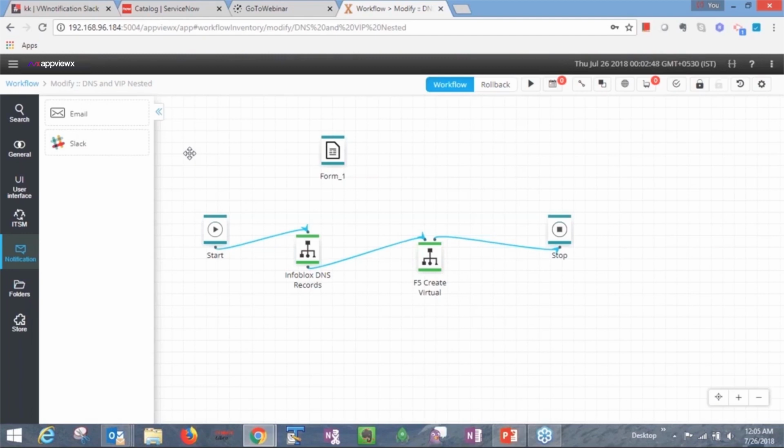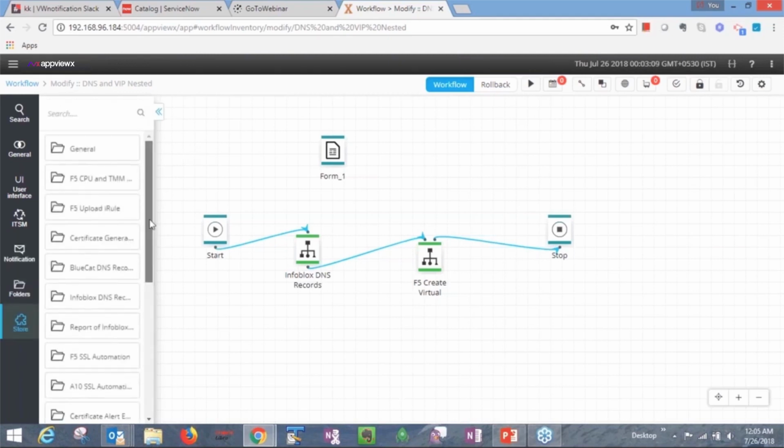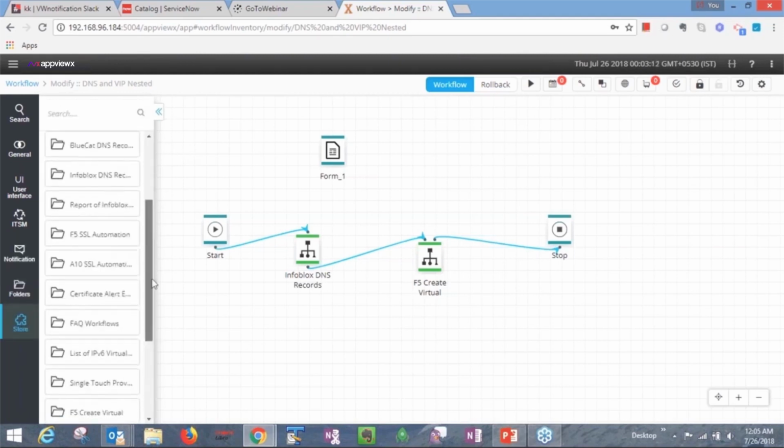So for instance, if you want to check whether a certificate is about to expire, you might want to get notifications 30 days before it expires. The workflow can trigger based on a schedule. It can check if the certificate is about to expire within 30, 60, or 90 days, and it can trigger Slack notifications, right? The store is where you have out-of-the-box workflows.